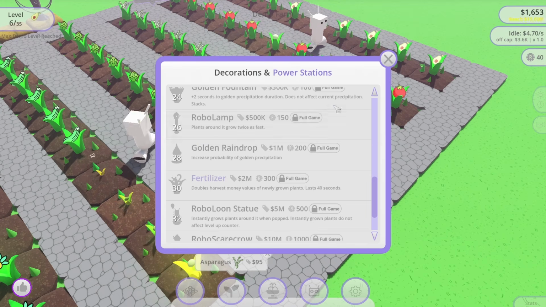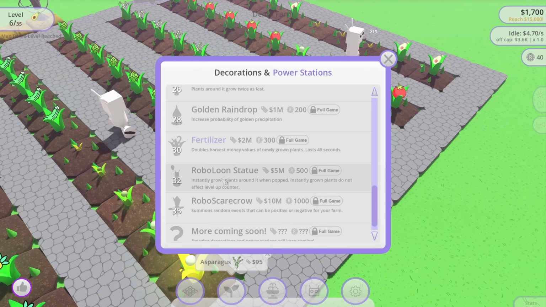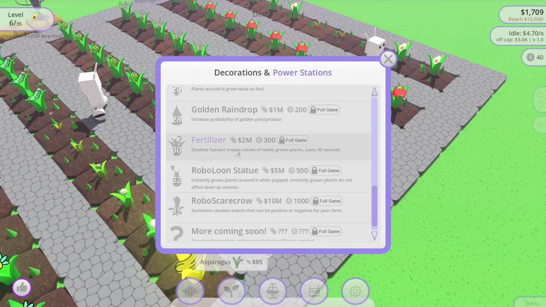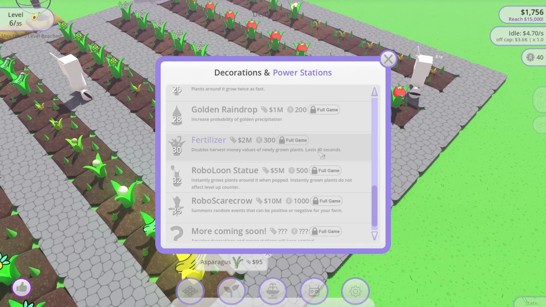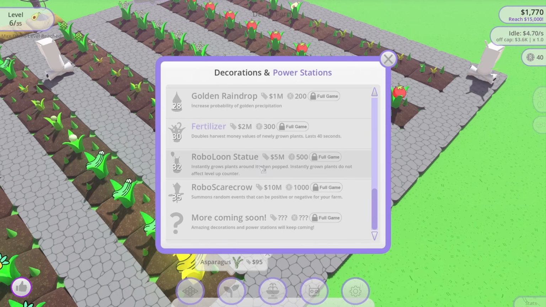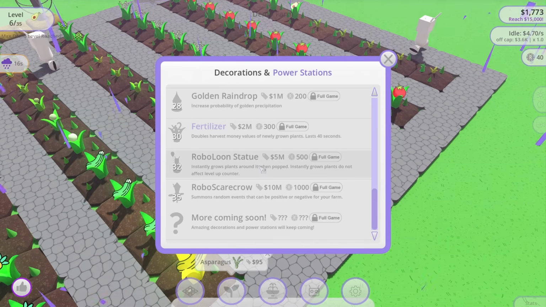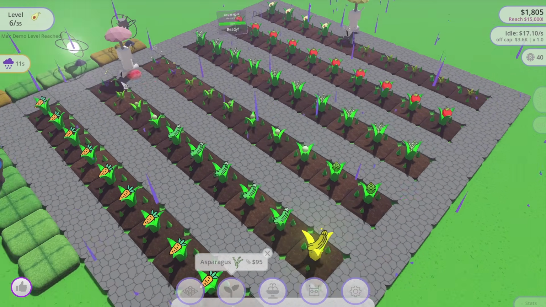Much more valuable but less labor intensive. Golden raindrop, fertilizer, robo loon statue. So doubles harvest money values of newly grown plants for 40 seconds. Lots of things to help you make more money. Robo loon statue instantly grows plants around it when popped. Instantly grown plants do not affect level up count. Oh, it's raining. Let's see if there's a...